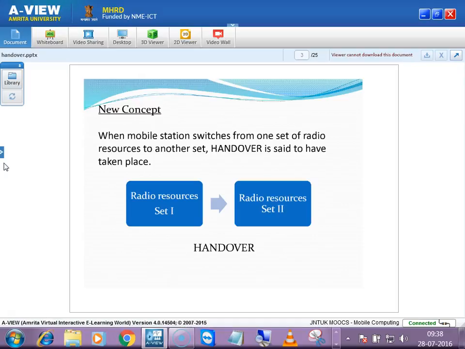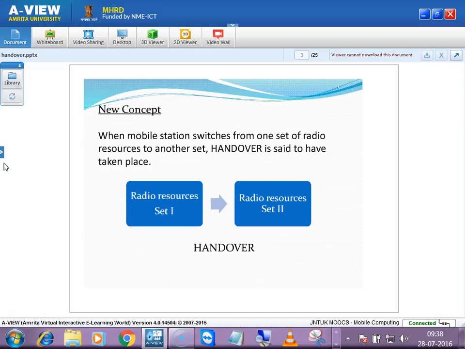Your mobile will be thinking these are the resources allocated by me, using at this time slot. But whenever your phone is handed over from one mobile station to another, from one base station to another base station, then what are the slots allocated, what are the frequencies allocated, all the user profile maintained in the base station of this particular subscriber